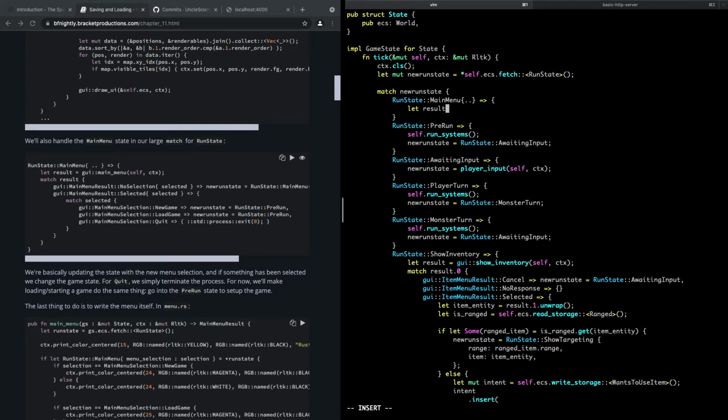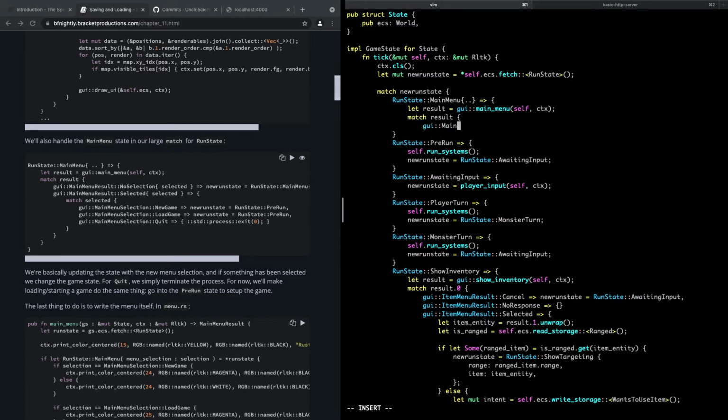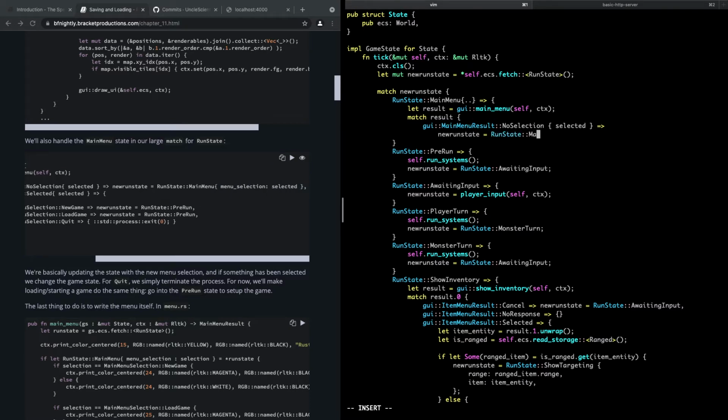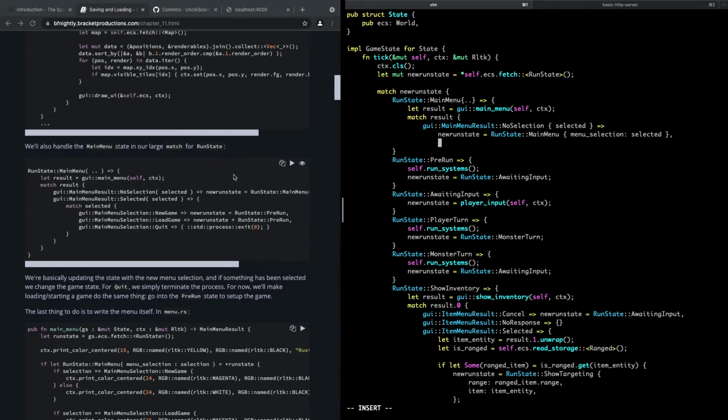Let result equals GUI main menu, which doesn't exist, self ctx. Match result, GUI main menu result. No, this is long. Selection selected, and we're going to set it to new run state, run state main menu selection selected. That's a mouthful. So if there is no selection and we have a selection, then we're going to set the run state to main menu selection selected. Okay. And then if it's GUI main menu result selected,